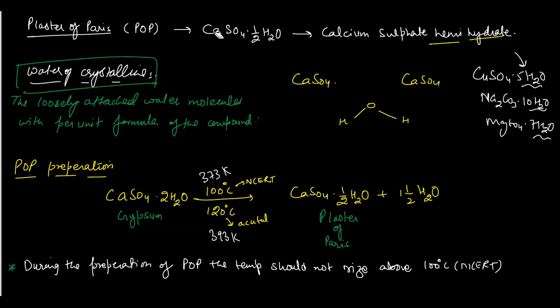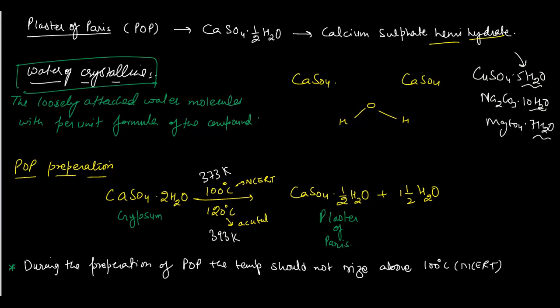So this is the water of crystallization, the loosely attached water molecule per unit formula of the compound. अब unit formula of the compound मतलब क्या हुआ? In plaster of Paris, with CaSO4, two molecules are attracting one H2O. एक water molecule को attach करते हैं. So एक molecule on an average कितना करेगा? Half a water molecule. It does not mean it has half an O and H.